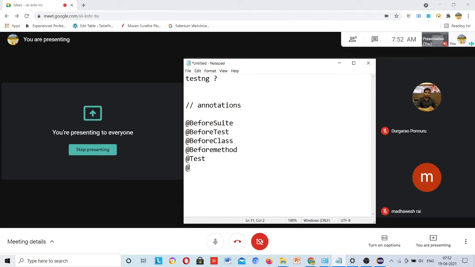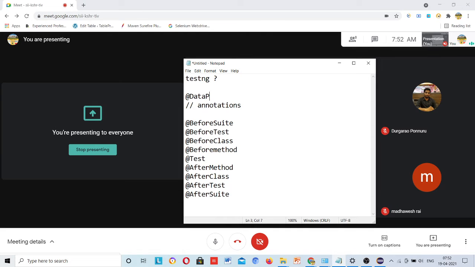After that it's after method. After method means that it closes after every method. Then it comes after class. Then after test, then after suite.